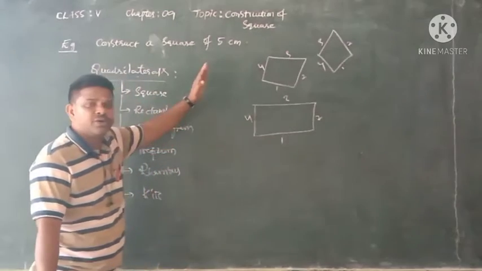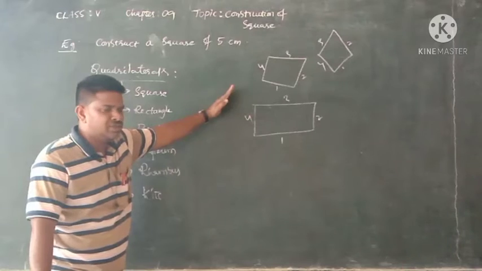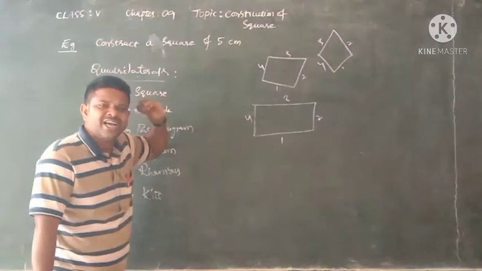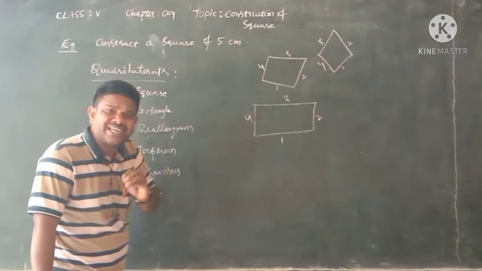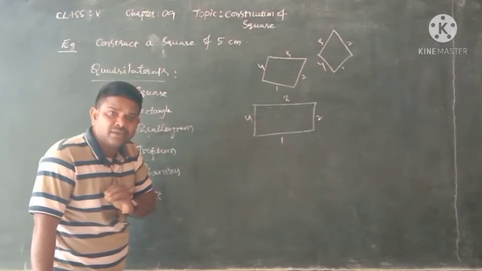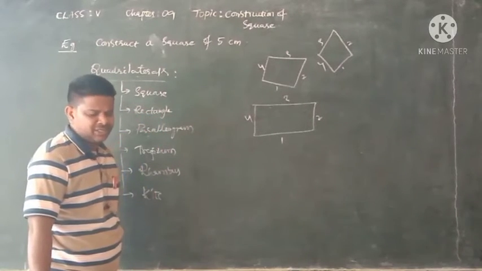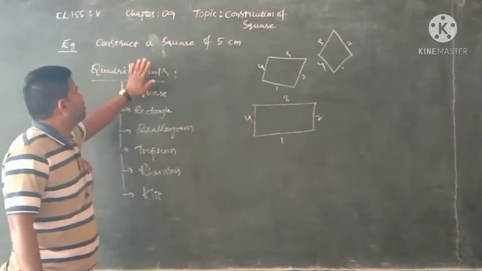Is it possible to draw a quadrilateral using 2 line segments? No. 3 line segments? No. At least how many line segments do we require to draw a quadrilateral? Yes, 4 line segments minimum are required. So today our topic is